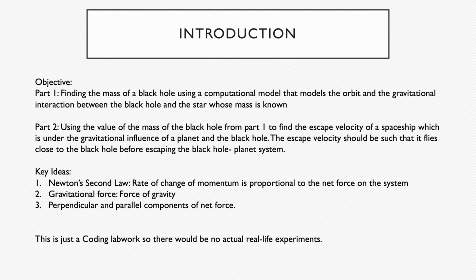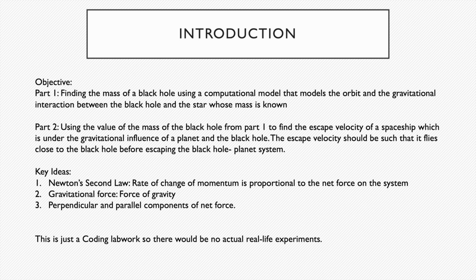So, the objective for part 1 is to find the mass of the black hole using the model, which will be modeling the orbit and the gravitational interaction between the black hole and the star. Then for part 2, I'll use the value of the mass of the black hole from part 1 to find the escape velocity of a spaceship such that it escapes the gravitational influence of both the planet and the